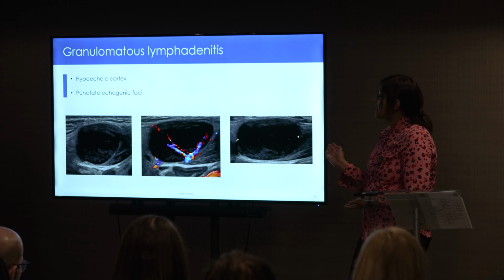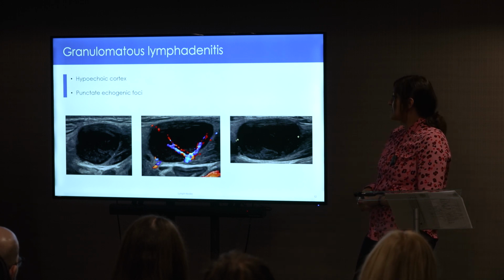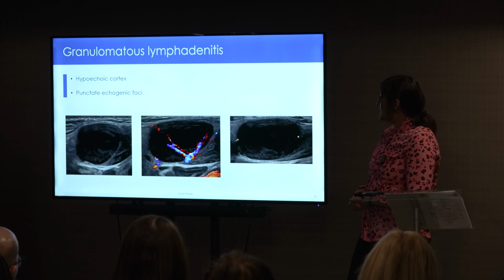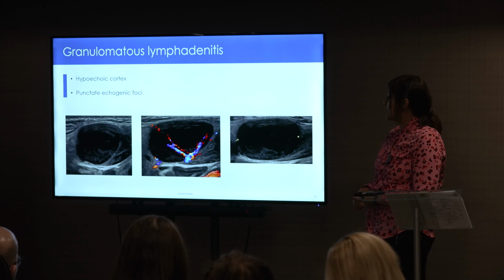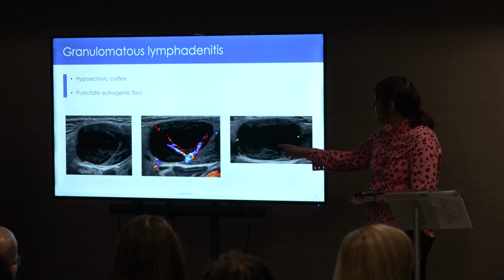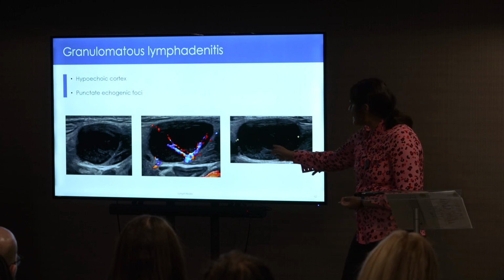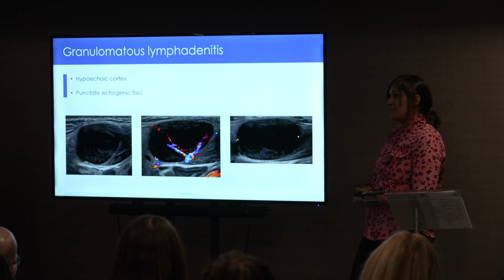This is something that we see, again, quite a lot at North Manchester. So this is an example of granulomatous lymphadenitis. You can see that this lymph node in particular has a very ovoid outline. And I find that with granulomatous lymphadenitis, they can often still preserve their ovoid outline quite clearly. However, you can see the cortex is heterogeneous. You can see that there's this punctate echogenic foci within it,